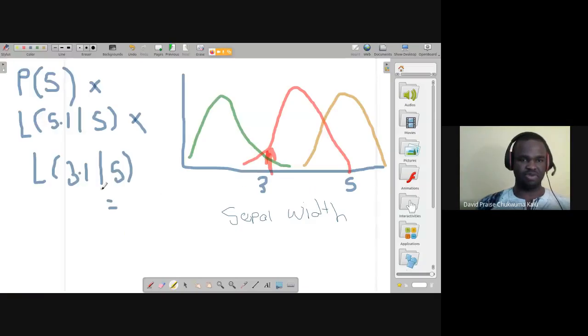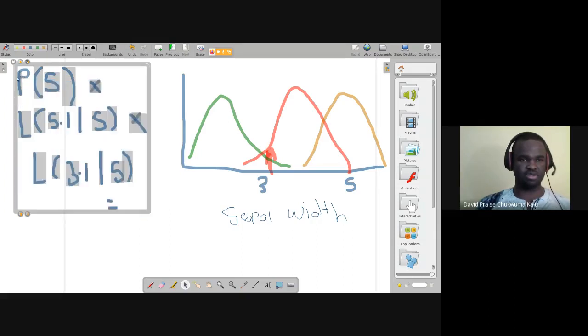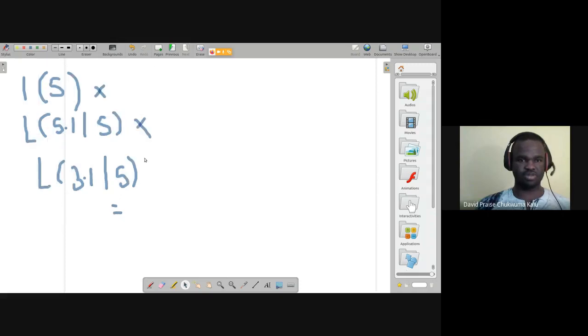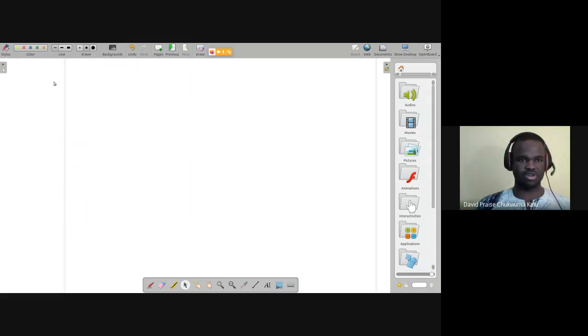What's preferable to do is to take the log of these numbers. Let me make a new page and rewrite it here. After performing all that, you just take the log of the probability that it's from this class, Setosa,